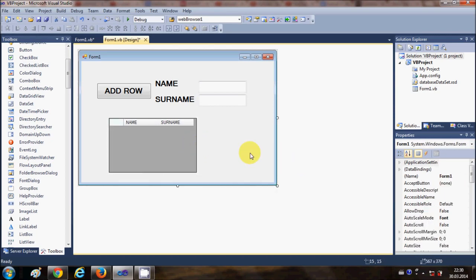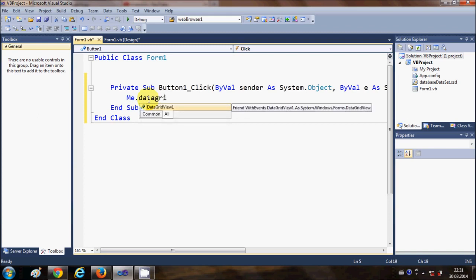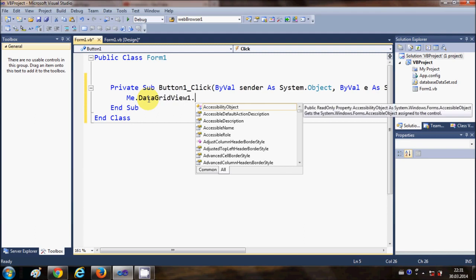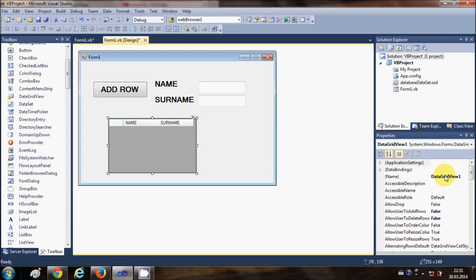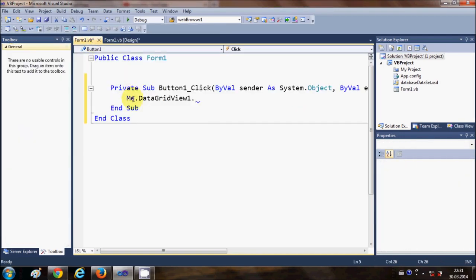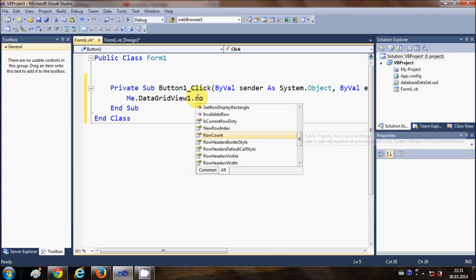Okay, now what I'm going to do is I'm going to just double click this add row button in here, and I will say me dot data grid view 1, which is the name of my data grid view. So the name of my data grid view, if you can see here, is data grid view 1, right? So in here me dot data grid view 1 dot rows